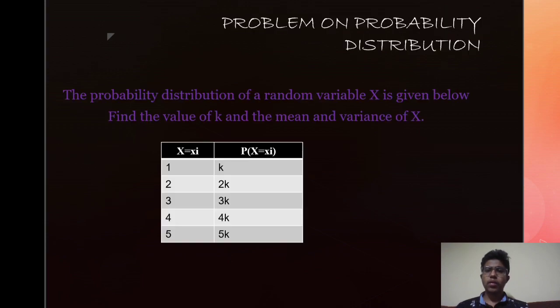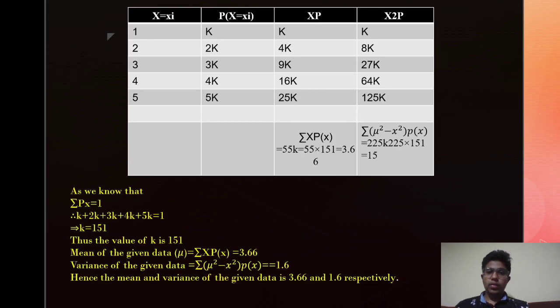Next, problems on probability distribution. Find the probability distribution of a random variable x given below. Find the value of k and the mean and variance of x. x values are 1, 2, 3, 4, 5 and P(x) values are k, 2k, 3k, 4k and 5k. Okay,